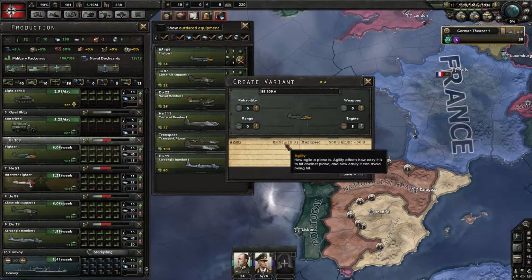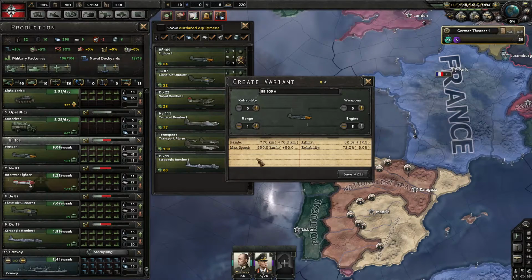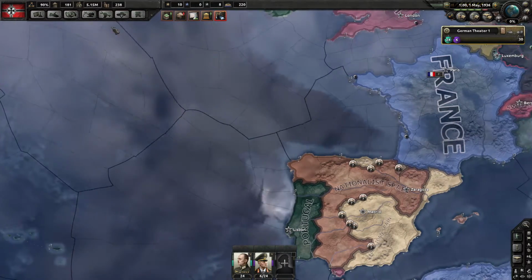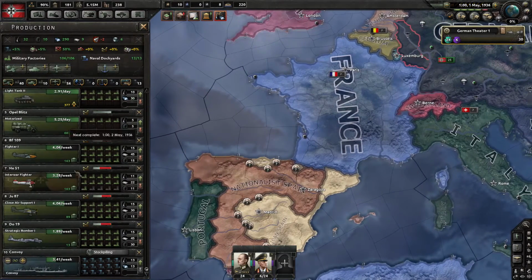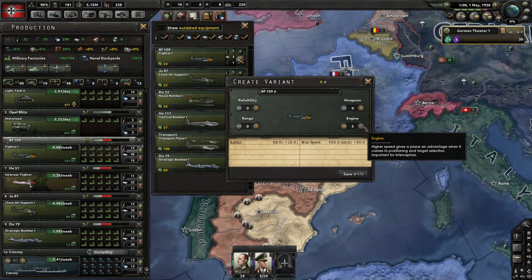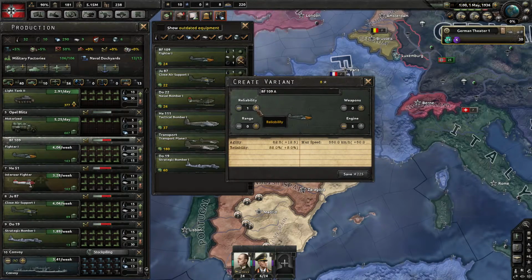Now the reason this is so important is because look at this. If you do range, you start losing reliability. This does absolutely nothing, and it helps you out tremendously. So when using aircraft, you want to, I didn't mean to click off that. When creating your variants, you want to go under engine first, so it can dodge and all that stuff, and then, and this works for fighters too, I like using this idea, then max out reliability, because each one